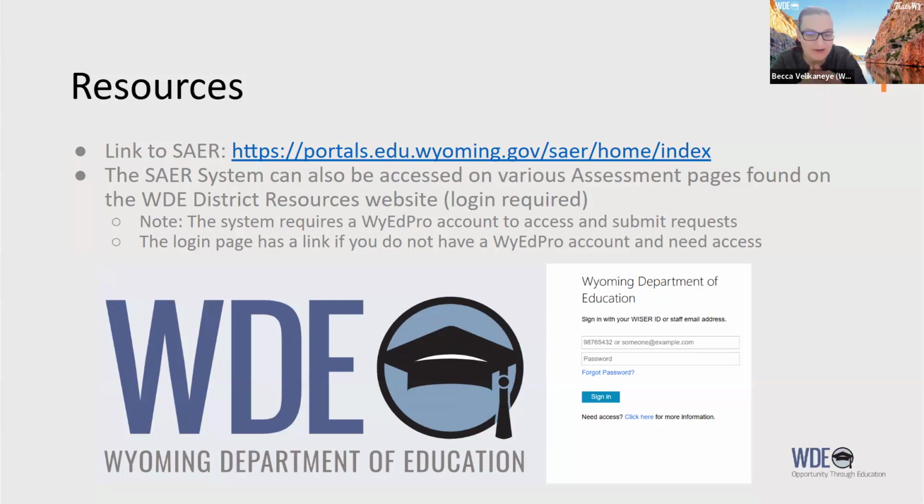I will just state, just so that we have it out there, for the access domain exemptions, it's important to note that a student cannot be exempt from all 4 domains of tests. That would be a standard assessment exemption that falls under only those 3 categories that I mentioned before, and only 2 of them are relevant to the access test. But we have had some of those in the past that we've had to work through with districts. We have seen 1 and 2 domains be logically needing exemptions due to the lack of accommodations and just the type of assessment. But usually it's just the 1 or 2.